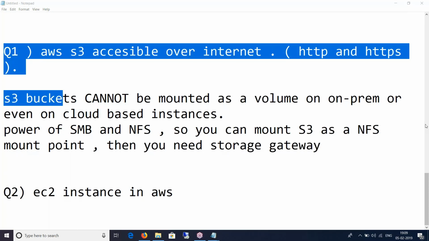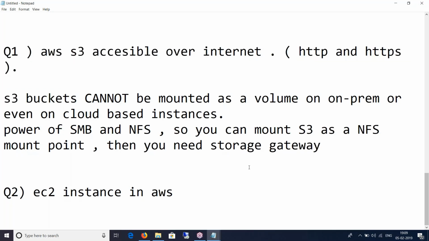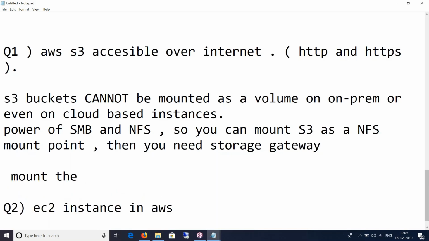So, if it is mounted as NFS, will it give you access to all the directory structure, I mean, the structure it has, or only one object? You will be mounting the bucket. You mount the bucket. Okay, so all the underlying objects will be accessible by NFS.